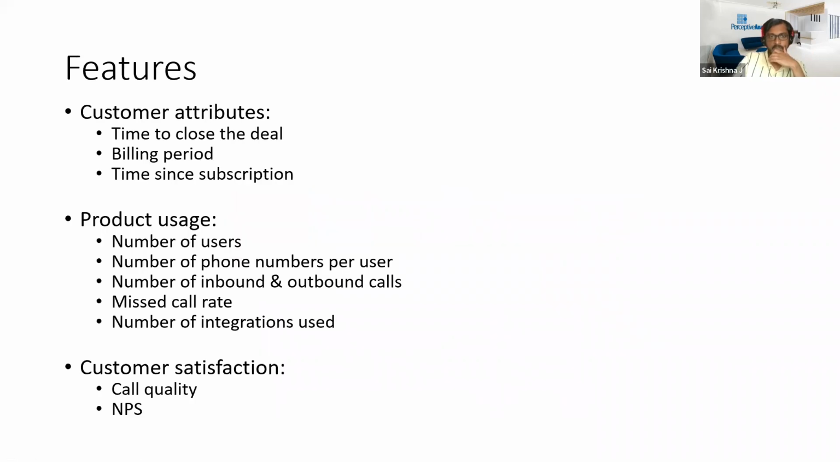All right. So what features did they use? They grouped features into 3 categories primarily. So the first one is called customer attributes. So here you have something called time to close the deal. I told you, right, their management is made up of 5 teams, out of which the first team is the sales team. So these are the people who go and prospect for customers, talk to customers, pitch the product,